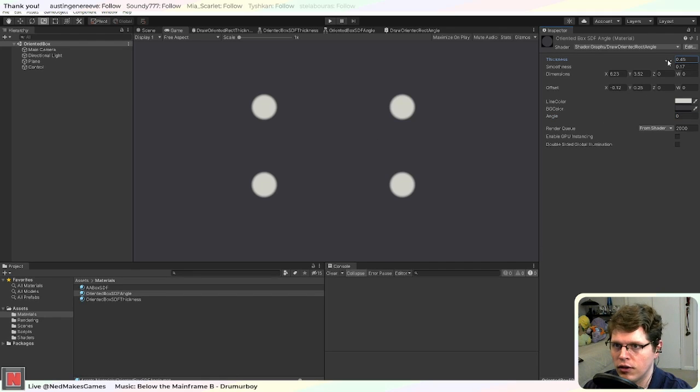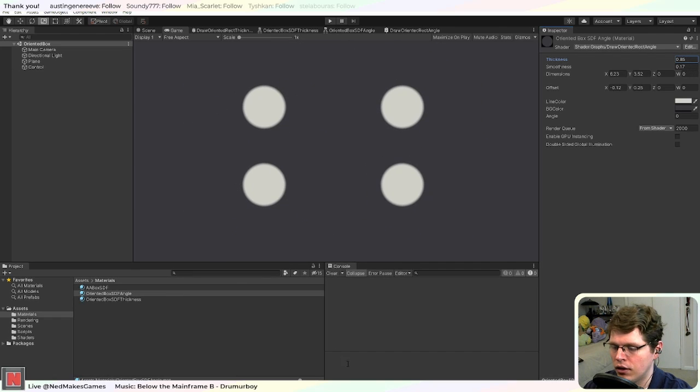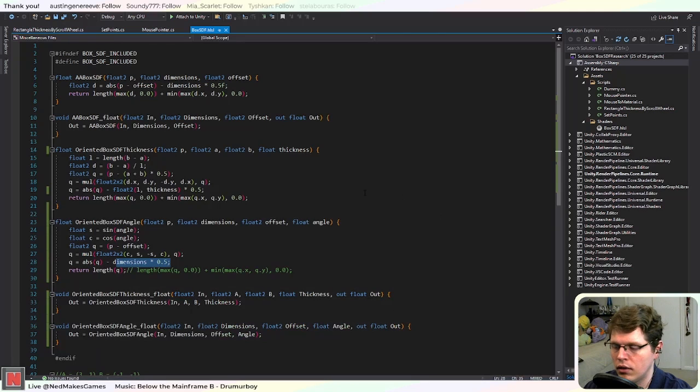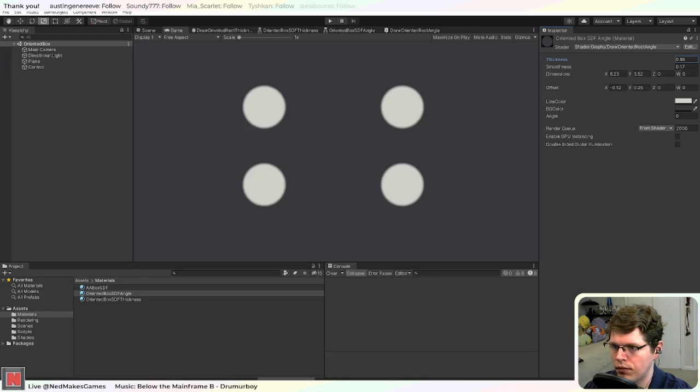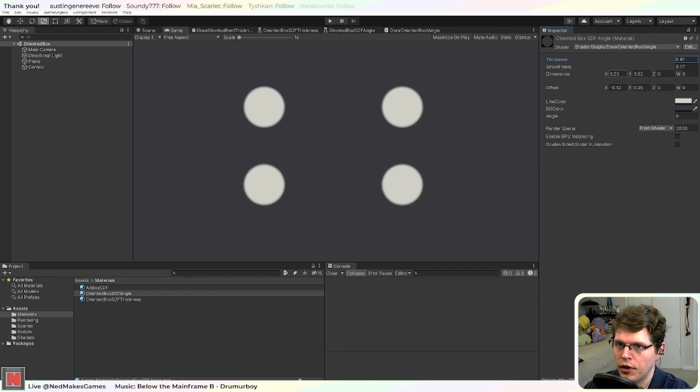Well, I guess I can just increase this thickness, but I was gonna say if I had like a wavefront like Inigo has here, but anyway, okay, so